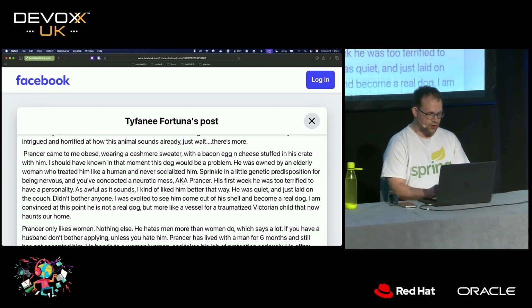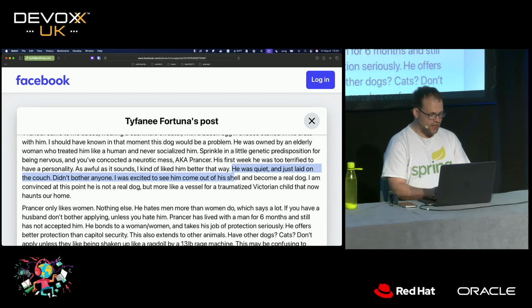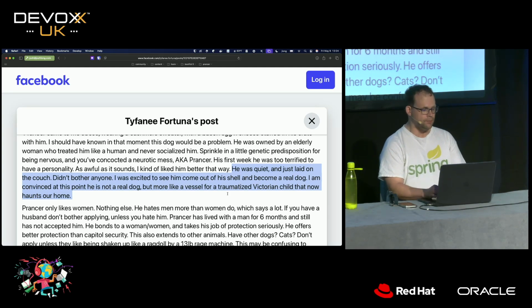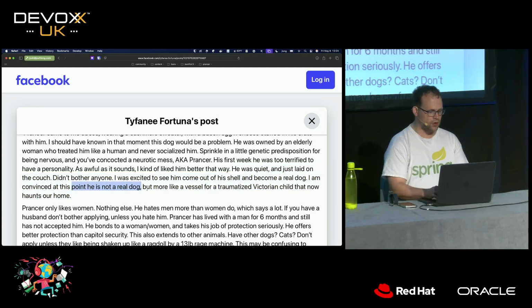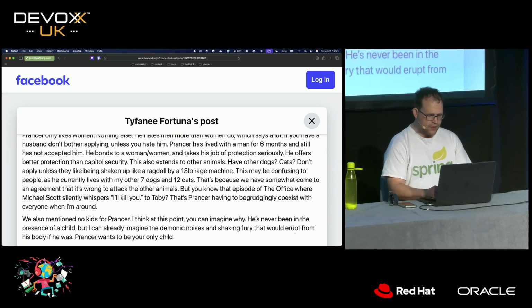And so she continues, he was quiet and just laid on the couch, didn't bother anyone. I was excited to see him come out of his shell and become a real dog. I'm not convinced at this point that he's not a real dog, but more like a vessel for a traumatized Victorian child that now haunts our home. And she continues